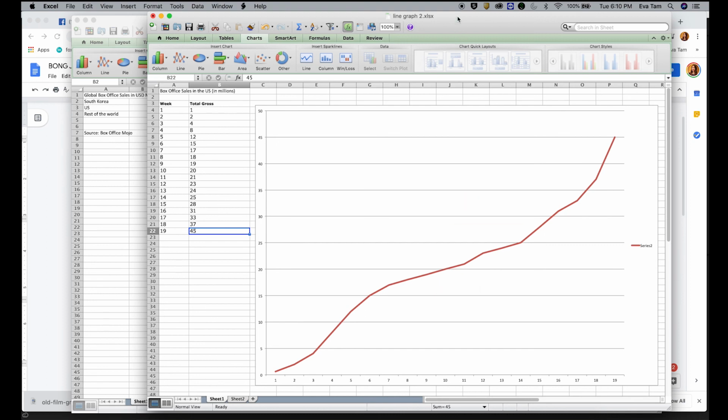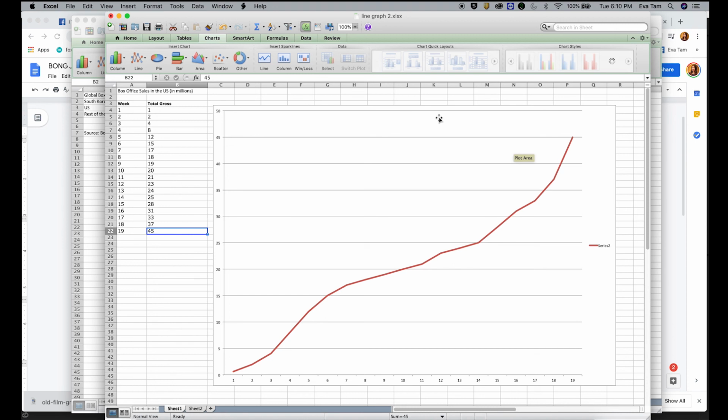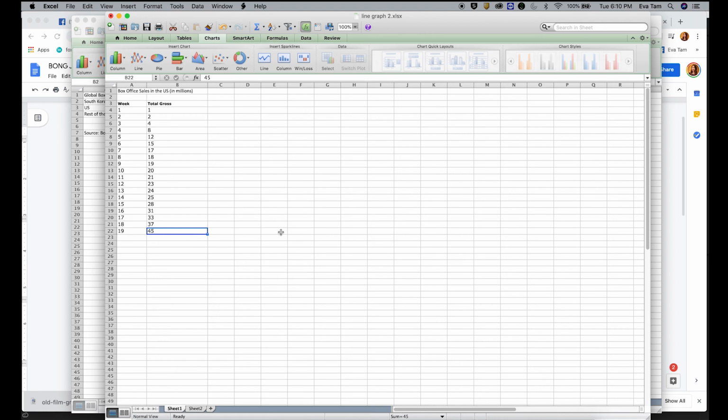So how do you actually put this into, once you get your chart on your Excel, if you don't know how to use Excel, you have to just YouTube it. But as a fast tutorial, make sure you input your data, don't have dollar signs, make it as simplified as possible.